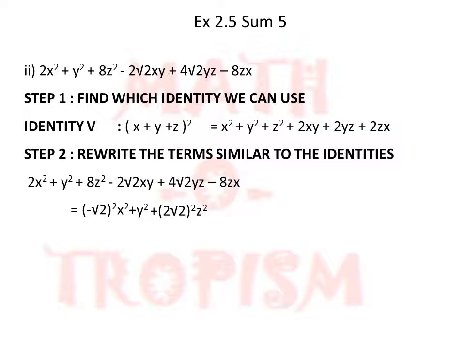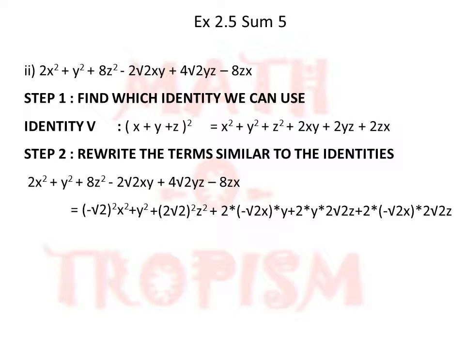Plus, I will now be using the identity's expansion. So 2 into x into y. So 2 into x is now minus root 2x, y is y. Just checking, 2 into root 2 is 2 root 2 and minus xy. That is the same term, correct. 2 into y into 2 root 2 z. When I multiply, 2 into 2 is 4, so 4 root 2 yz. That is the correct expansion. Then the last one is plus 2 into minus root 2x into 2 root 2z. How many 2's are there? There are two 2's, so that comes to 4, and 2 root 2's comes to 2. So 4 into 2 is 8, and minus is there. So minus 8zx. That is the correct splitting.